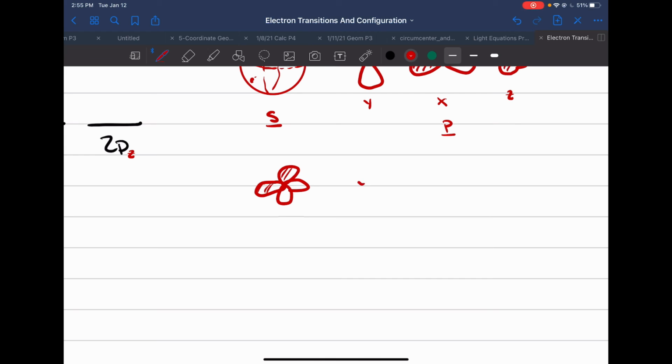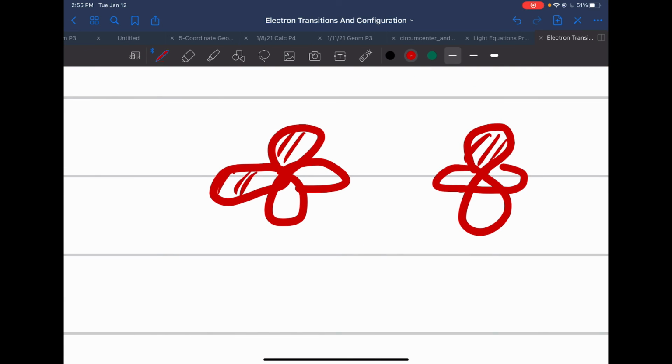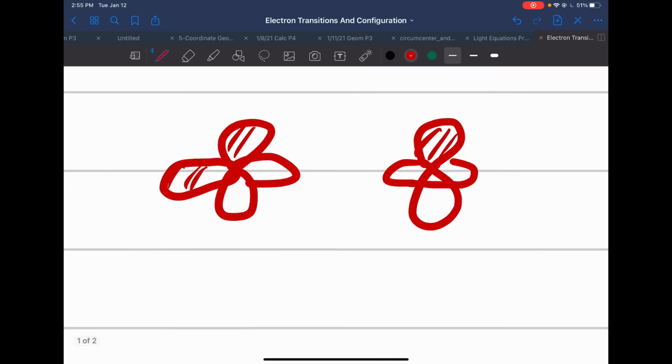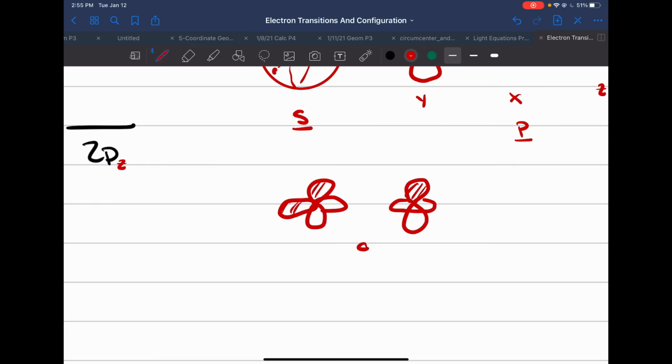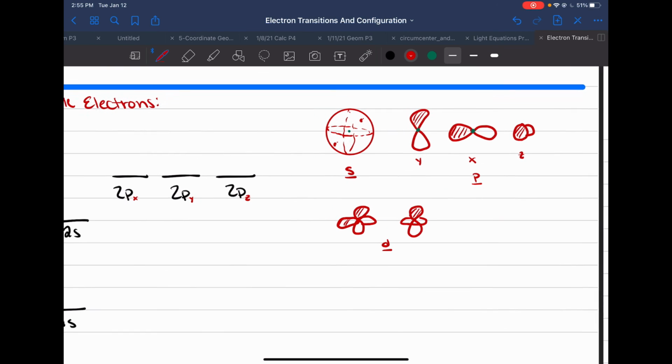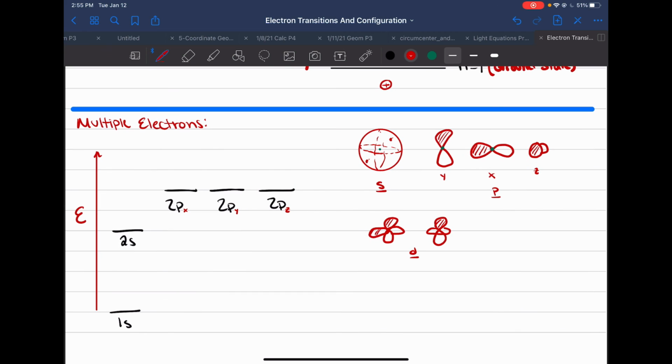So there's our D's, and then we also have this fun one. This is my favorite looking one. So this is clover shape. It's just not a good looking clover. Clover, and then dumbbell and donut is I think what they call it. They're not very creative. But again, we're not going to be working too much with these, so don't worry too much. So again, we have these orbitals, and each of these orbitals can again contain up to 2